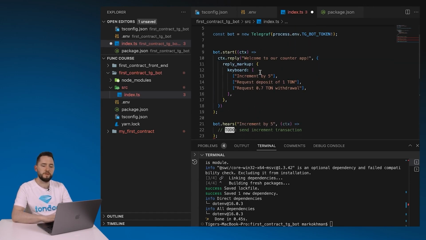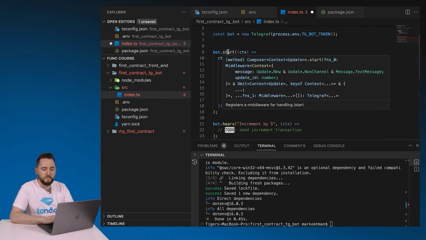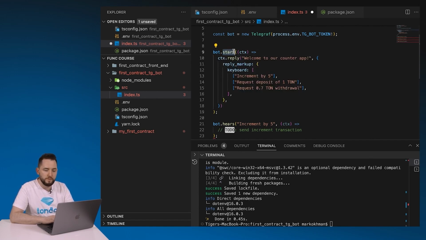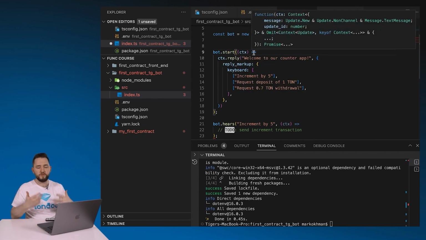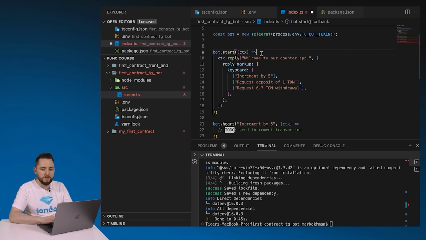interaction. So as you can see, this bot instance, Telegraph instance, gives us a method start. So it will be triggered when you first encounter your chatbot. As you remember, when we just opened the chatbot, we clicked start. So this is going to be the first message from your user. So once you run the first message, you want to reply with welcome to our counter app, and you actually attach a keyboard. We're going to see how this keyboard is going to look like, but